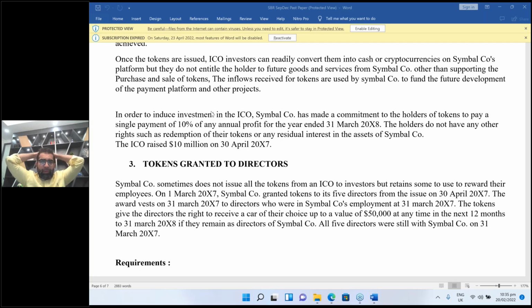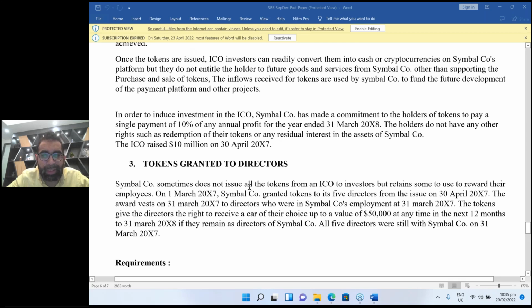Is it IFRS 2 or IAS 19? Is this IFRS 2 or IAS 19? Yes, very good. This is IAS 19, not IFRS 2. Very good. We are providing benefits to employees. You are very right. Now, let's read.